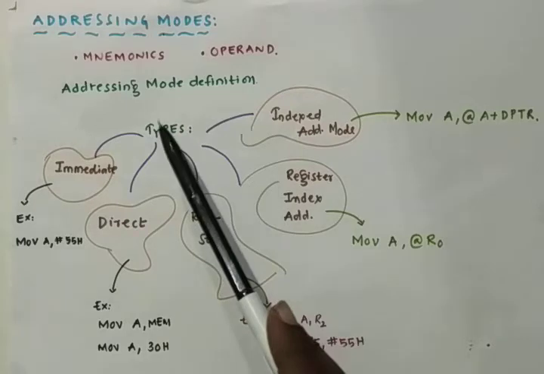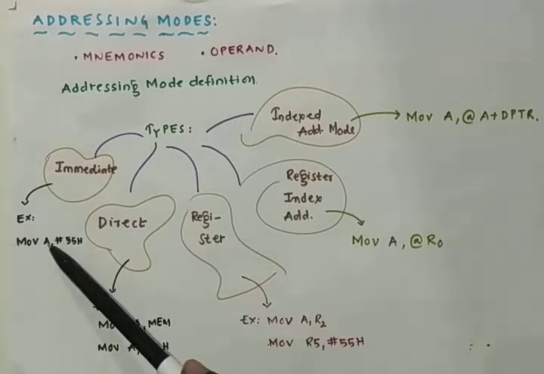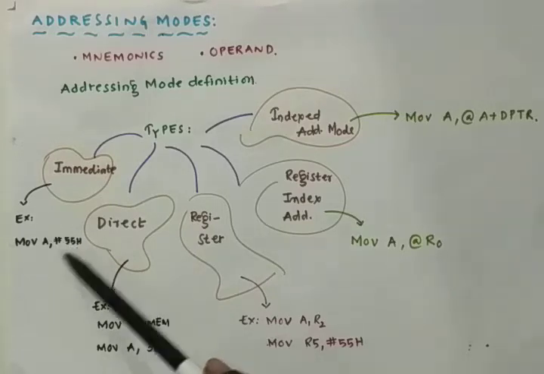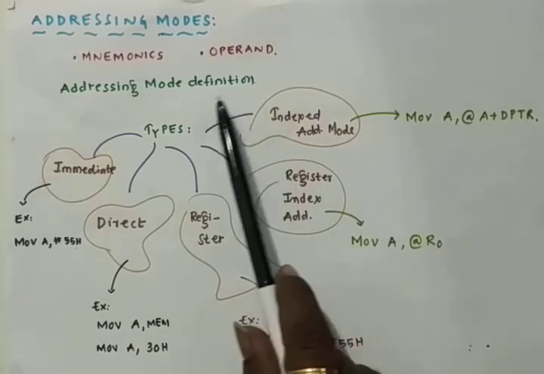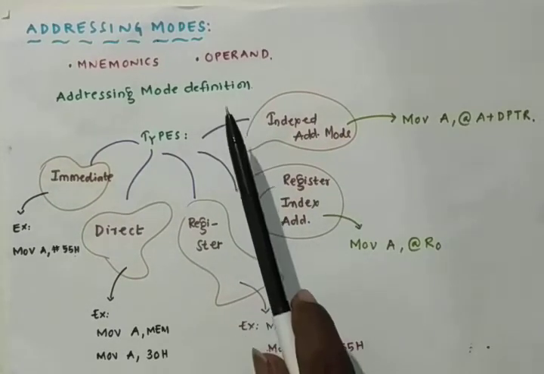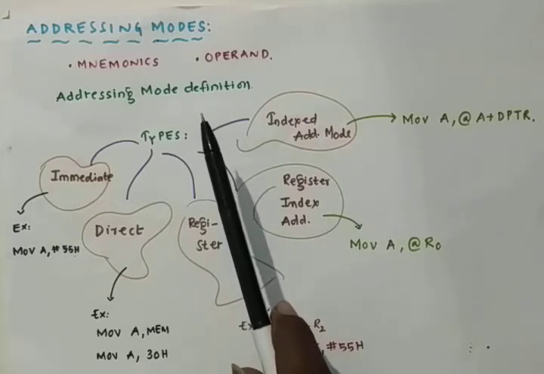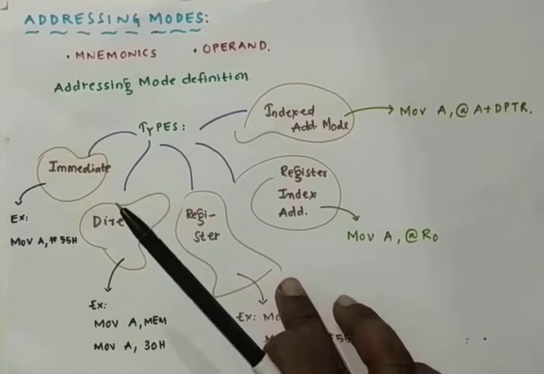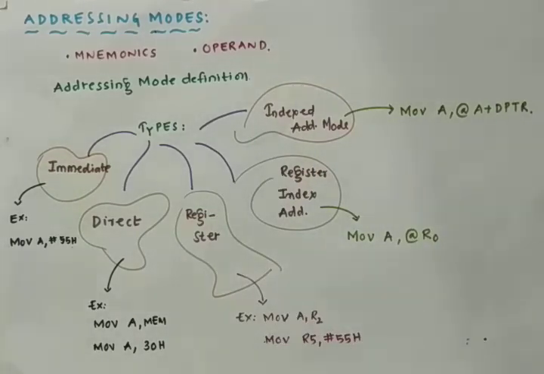These two are operands. We have two types of operands: one is the destination operand and the next one is the source operand. The first one is the destination operand, followed by the source operand. The addressing mode definition is also important. It is the way in which we can access the target operand or locate the data by the instruction. By the instruction we perform some operation on the source operand, so that it is moved into the destination operand.